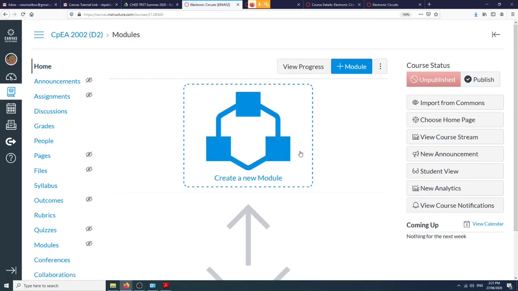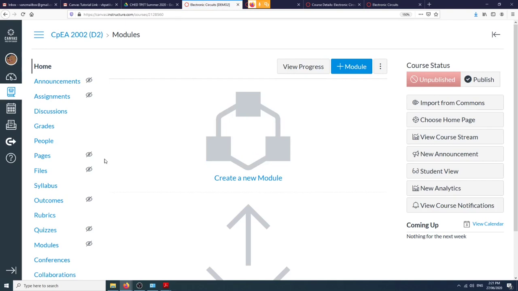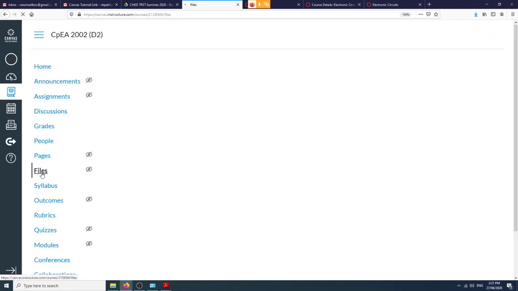But before that, it's also good that we learn the file management system of Canvas. So the file management system of Canvas. Van, yes sir, before you proceed,